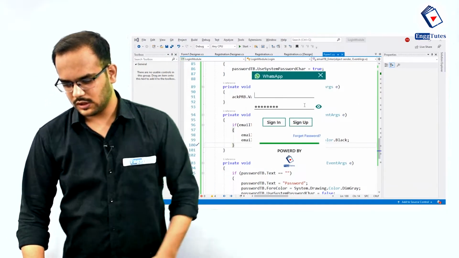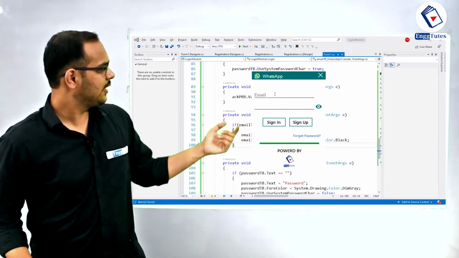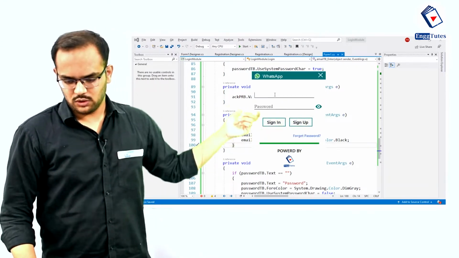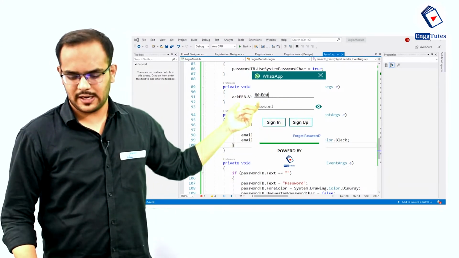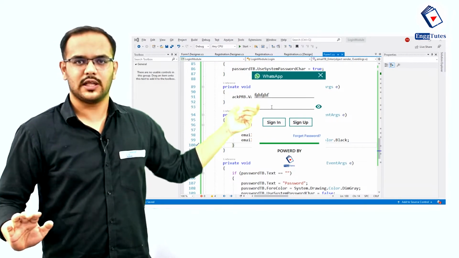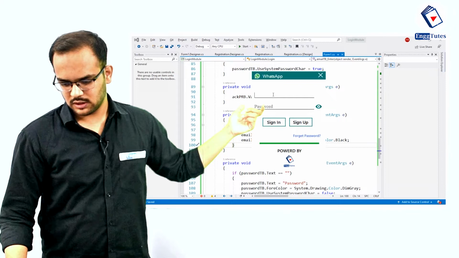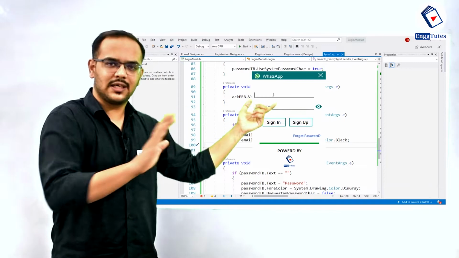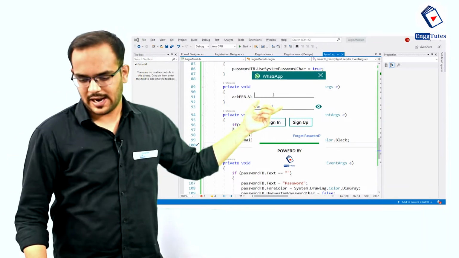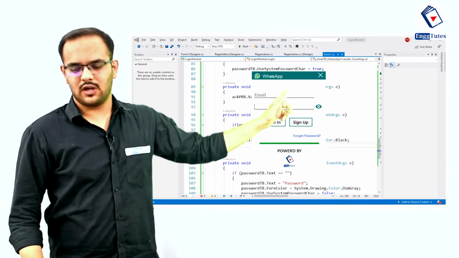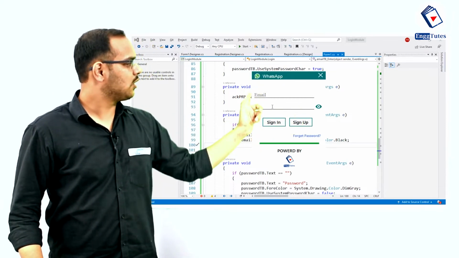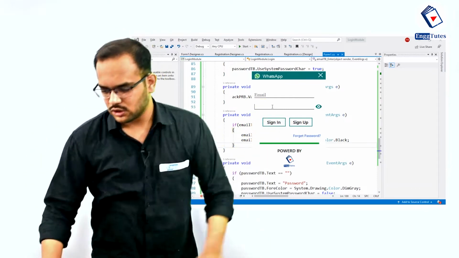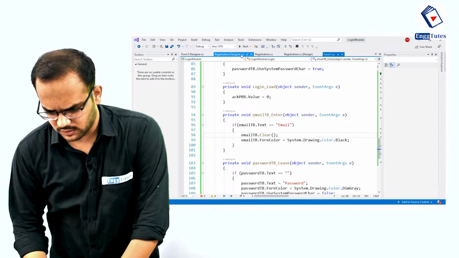Now we have to write the code for leaving the email box. See, if I have entered some value and I leave the email text box, nothing should happen. But if I haven't entered any value, that means emailtb doesn't contain anything, it just contains null. And now if I leave, then this particular emailtb should write its text as email and set its color again to dim gray.